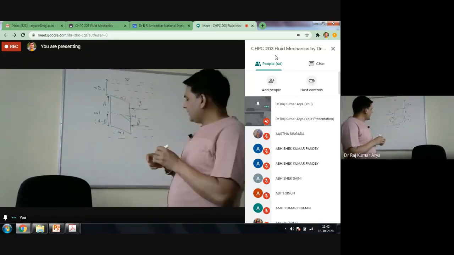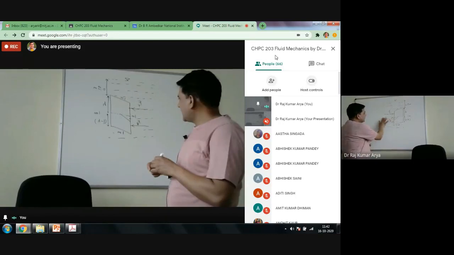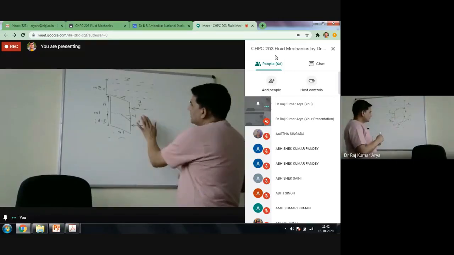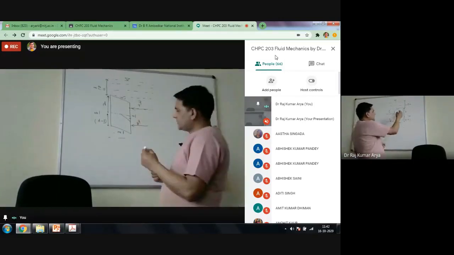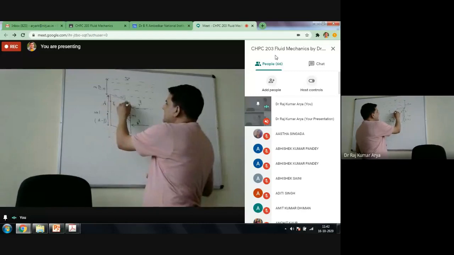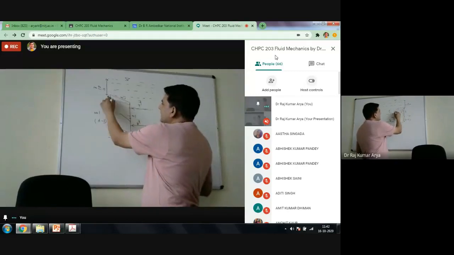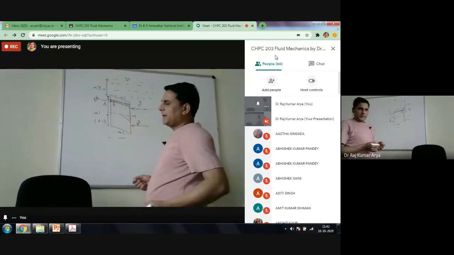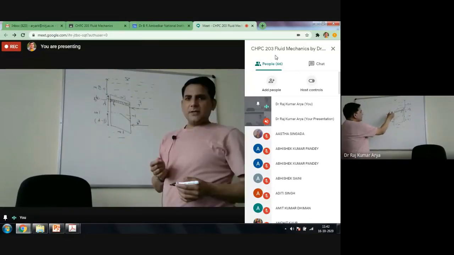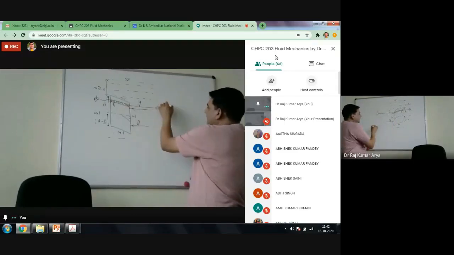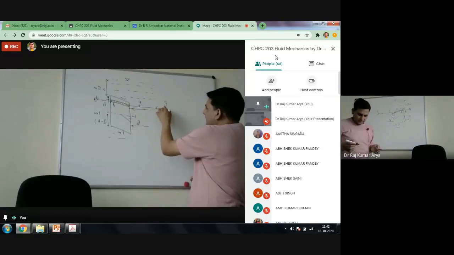So if for the time being I remove the water from here, so you are balancing the forces. So suppose this is your y direction here, and let's say you are calculating a differential y. Let's say this much is your differential y, dy. So can you calculate what should be the corresponding pressure at the point y? What should be the pressure here, p_y? Can anyone tell the expression?